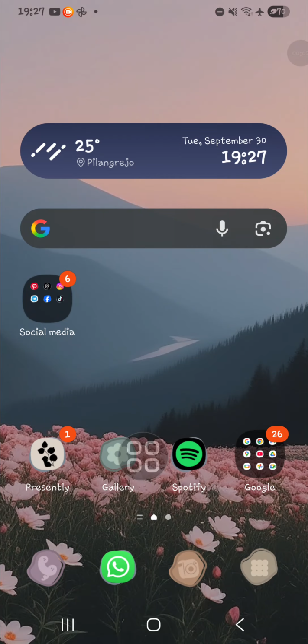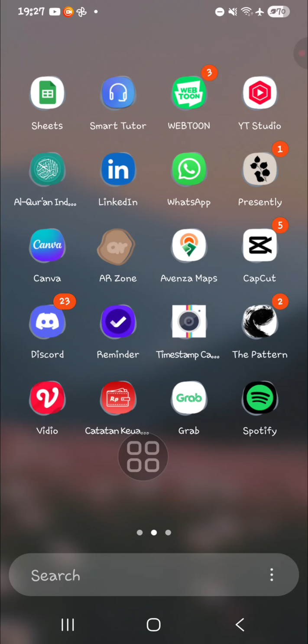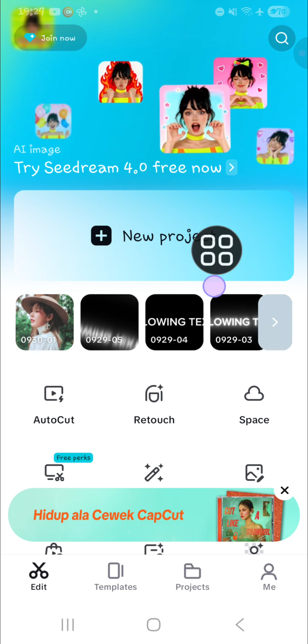In today's video, I'm going to show you how you can create trending cinematic Instagram reels using CapCut. Okay, let's get into it guys. First of all, make sure that you have already installed the CapCut application, and then I'm going to open CapCut,